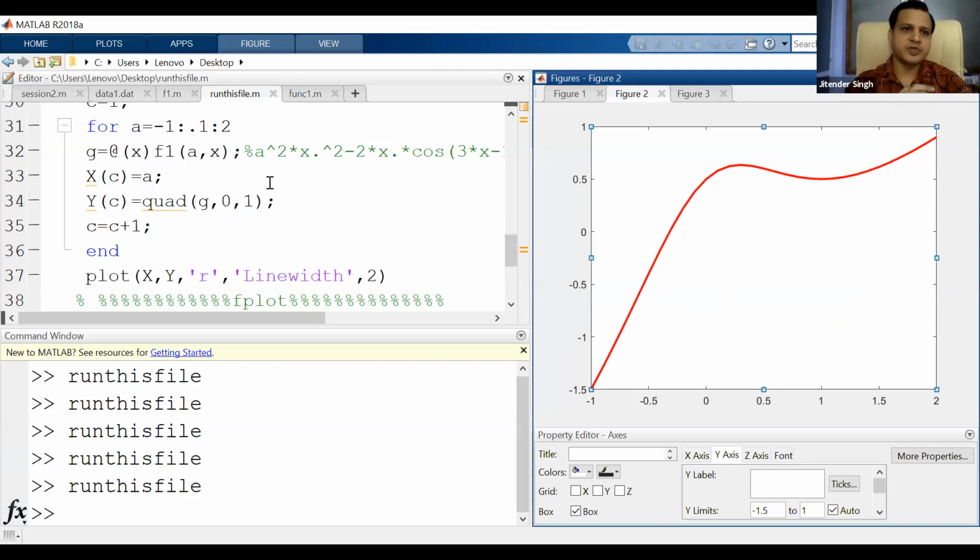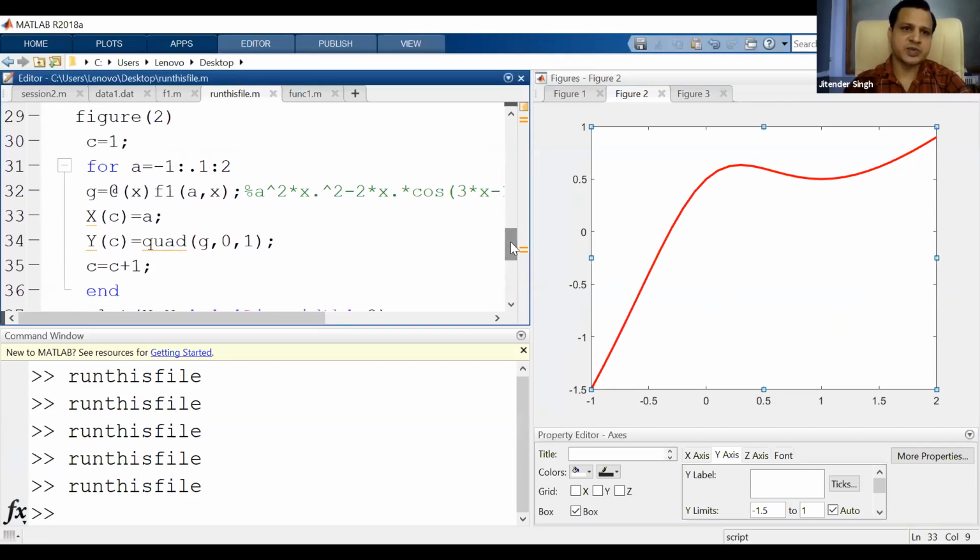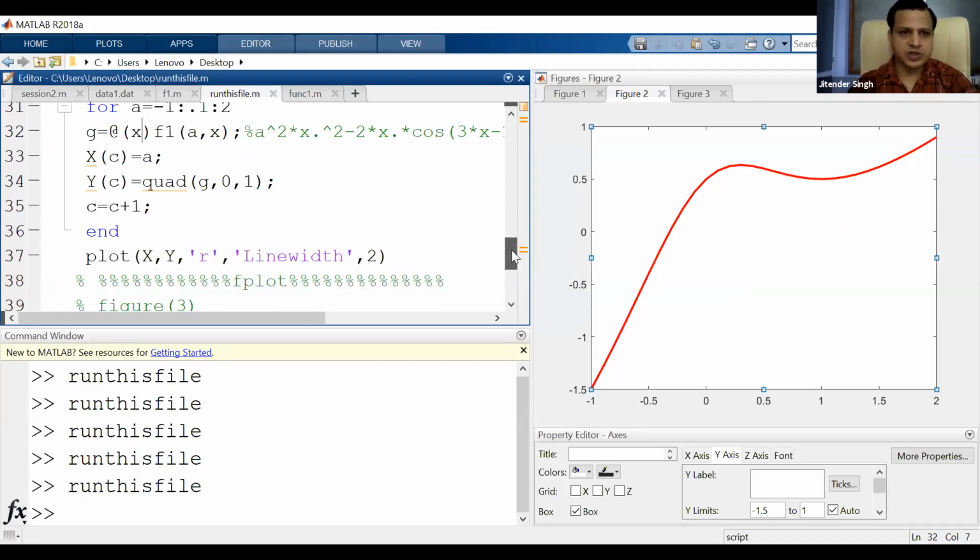So this is what I wanted to do via this script function, script file. By this we have learned that within a script file we have the opportunity to define functions like this. The syntax is @, and within braces mention the variables. If you want to make the function a function of 2 variables, you can insert x comma a here, right? Otherwise you can consider x as a vector of n variables sitting in x itself. So that way you can utilize this. Okay, so next one is